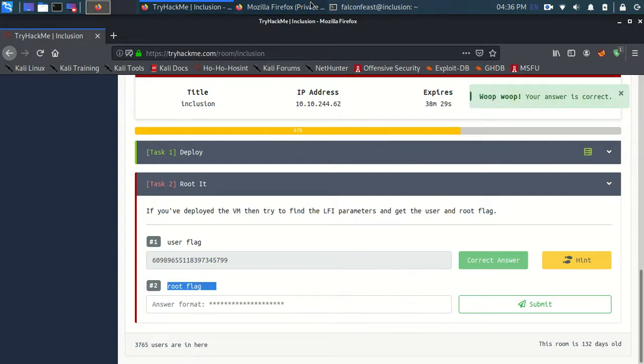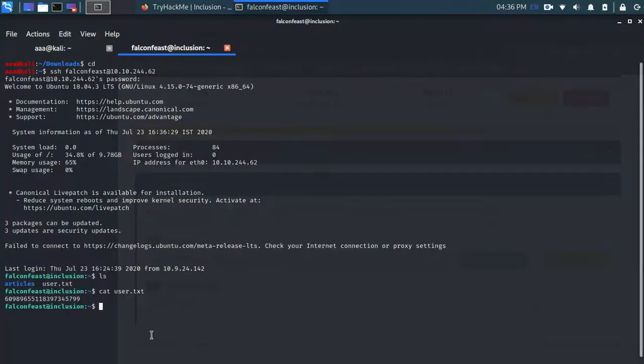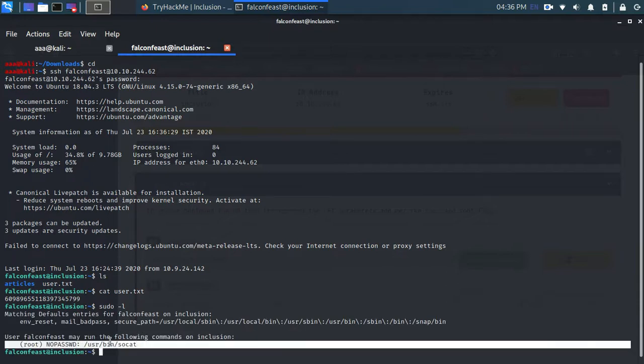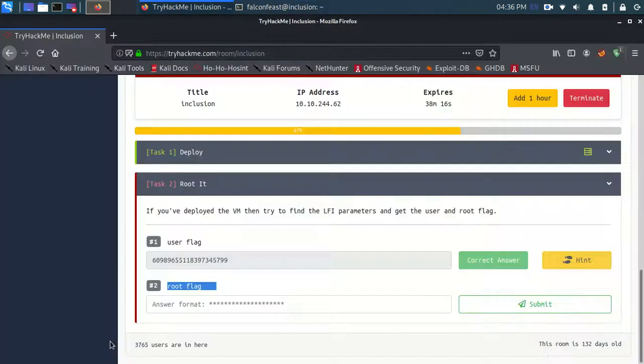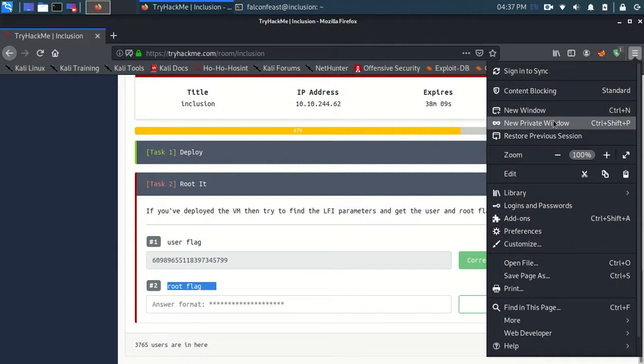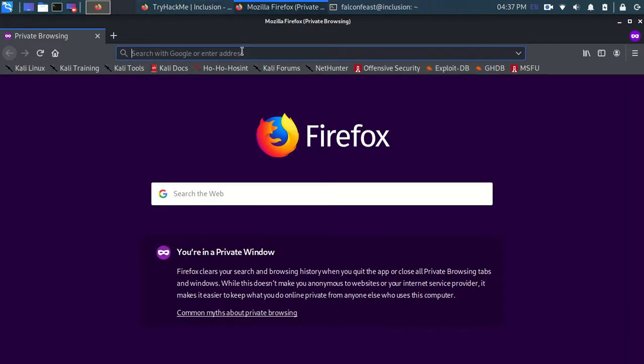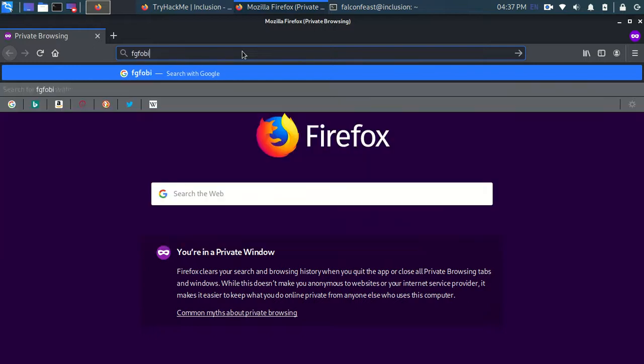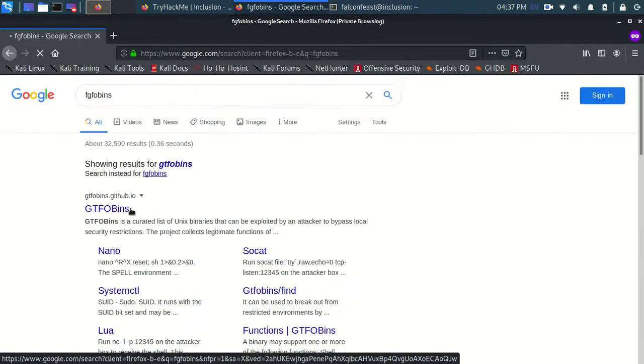We are done with all of this. Now just privilege escalation is left. For that, let me type sudo -l, and it's allowing socat to run as root user. I don't know how to do that, so I have a website which I use, GTFOBins.